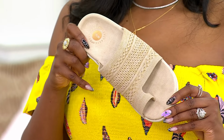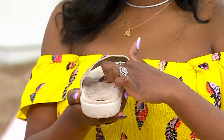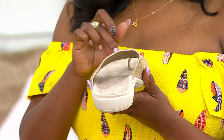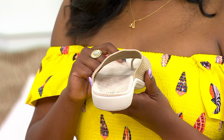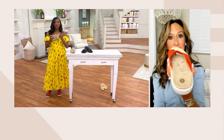And then you can take a look at the inside and you can see that beloved metatarsal dome. That's that little bump that kind of sits at the ball of your feet, and it really does alleviate stress and strain from the ball of your foot. So your toes are going to move freely and your whole entire foot is going to be comforted and make contact with the sole, right? Because this is going to meet your foot. You can see all of those highs and lows and all of those curves. And our feet aren't flat, right? So this is going to meet your feet where they are and is going to just cushion every step with